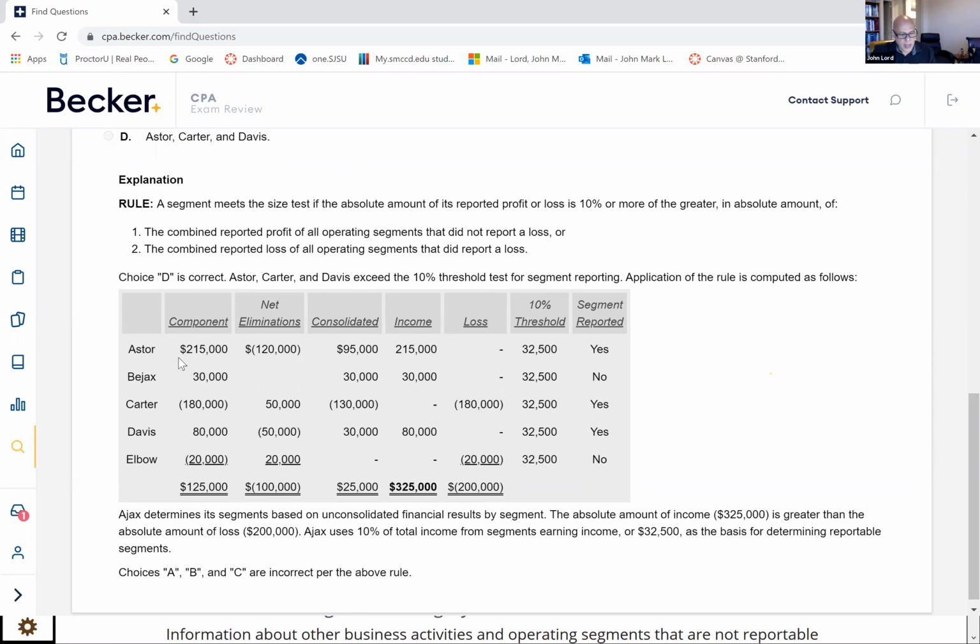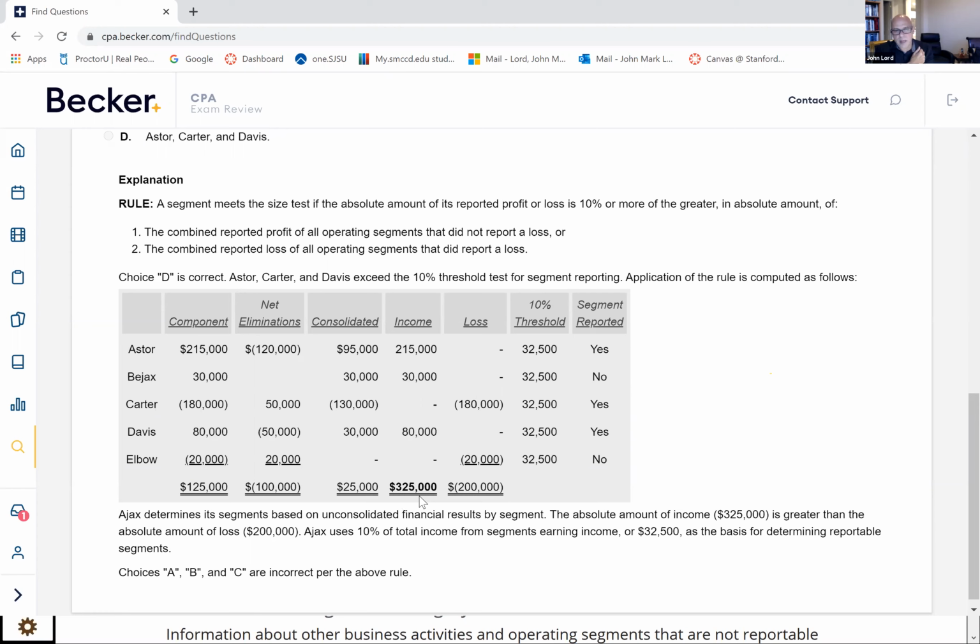Okay. So Astor at 215, that's a positive number. That was net income, positive profitability. We put that in the positive column. BJax was 30. Carter was a loser, 180. That goes in the loss column. Davis was 80. That goes in the income. And then Elbow was a loser of 20. That goes in the loss column. We add up our positives, profits. We add up our negative losers. And when we do,